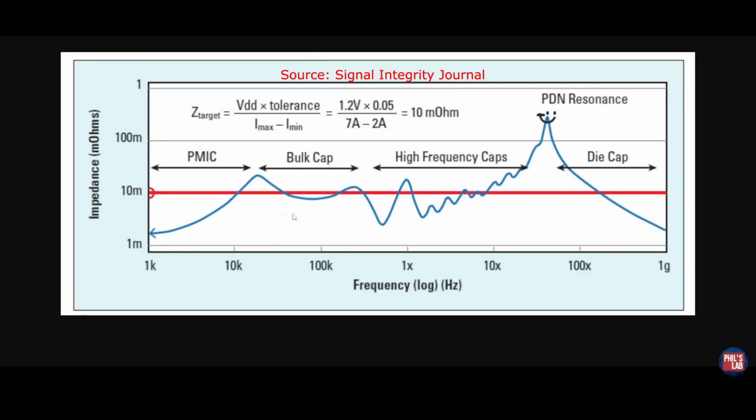After that, the bulk capacitors take over and keep the impedance profile hopefully low, above 10 kHz to about 1 MHz. Then we have the smaller capacitors because they have lower ESL typically and lower ESR, so equivalent series inductance and equivalent series resistance. And these are typically also placed closer to the point of load, so that's why these dominate typically the impedance profile at higher frequencies before we move on to the on-die capacitance on integrated circuits, which we as PCB designers aren't typically in control over, of course. And after some point, we always will end up in some sort of inductive region where the inductance dominates,